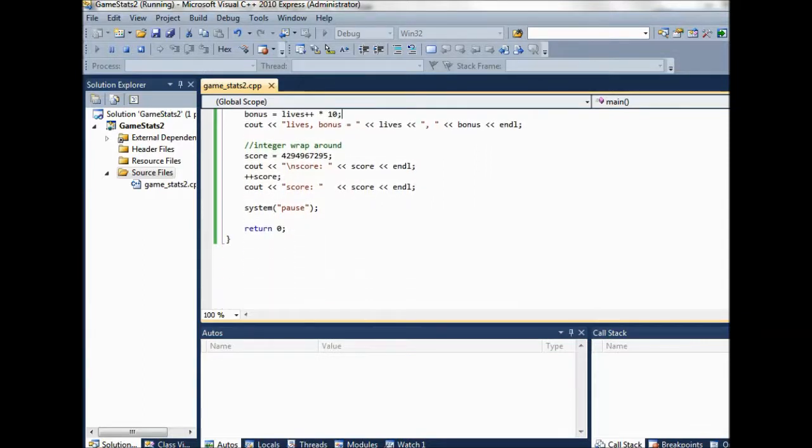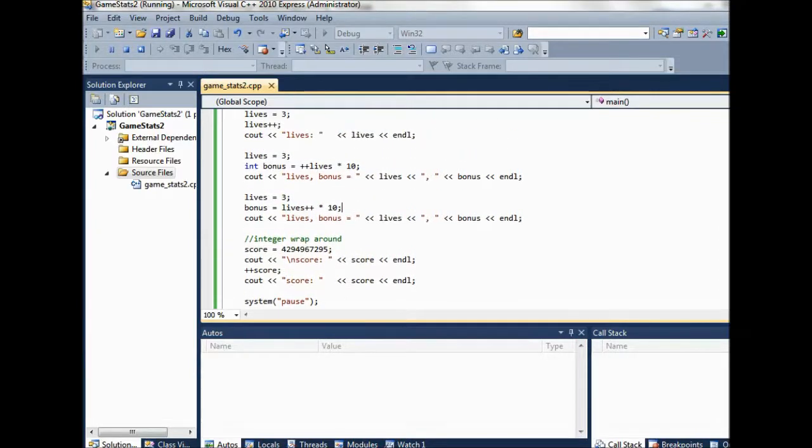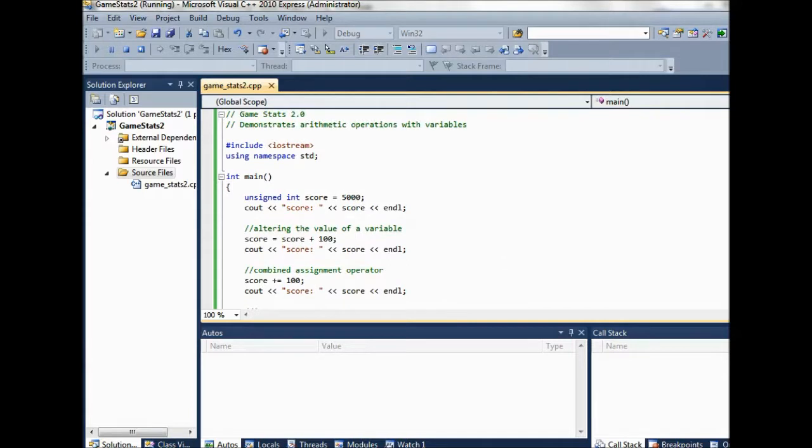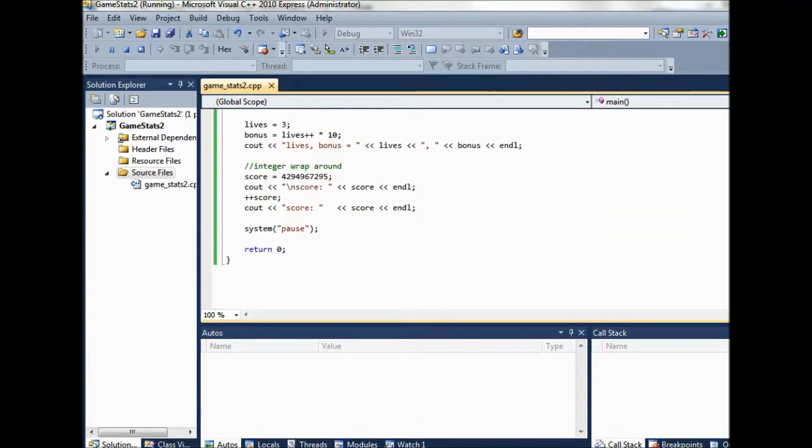This is the integer wraparound idea. Remember, we said there's a limit to how big a value these variables can hold, depending on how they've been declared. So score is an unsigned int, and the biggest an unsigned int can get is